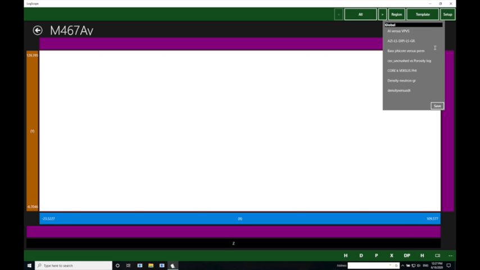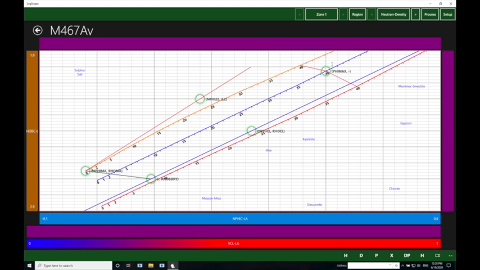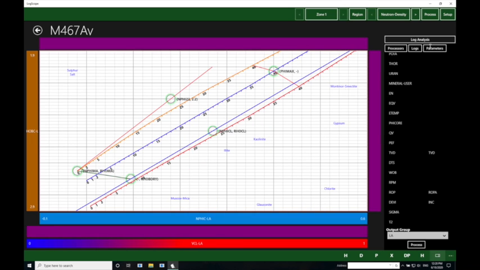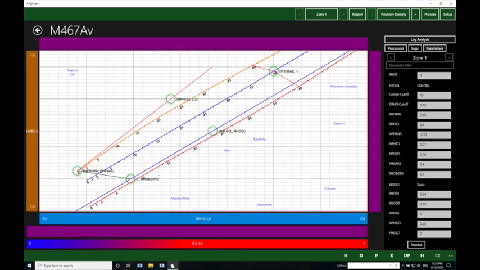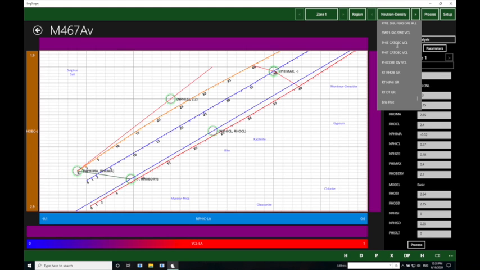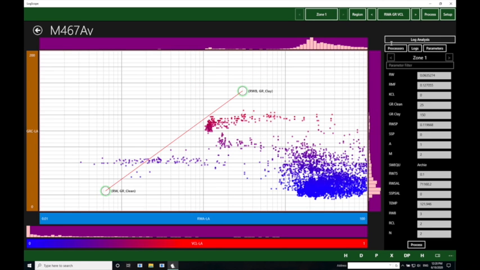We hit the template button and scroll down to the neutron density, and then we'll just walk our way through to the particular cross-plot that we're interested in, which is here. So it's the gamma ray resistivity cross plot,